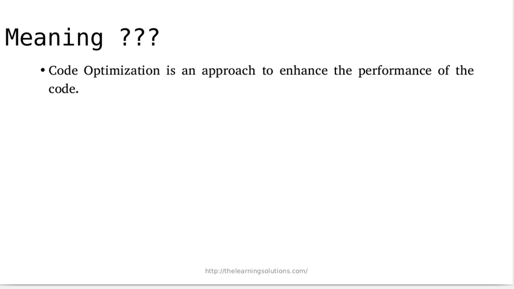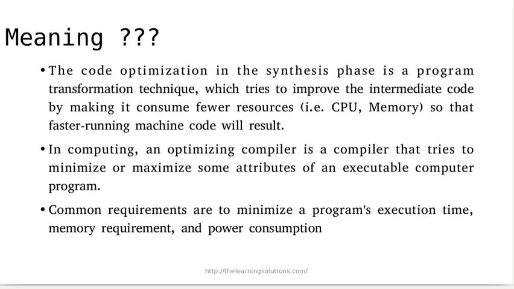This code is intermediate code, and we are going to make certain enhancements or improvements in such code. So what are these enhancements or improvements? These are nothing but the reduction of unnecessary lines, elimination of some variables, and elimination of some expressions that are no longer needed in the program. With code optimization, what we achieve is that our intermediate code gets converted into machine code by consuming very few resources.